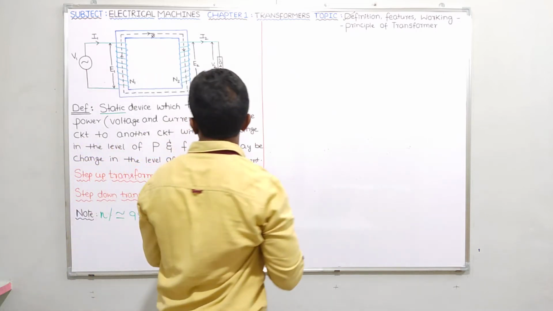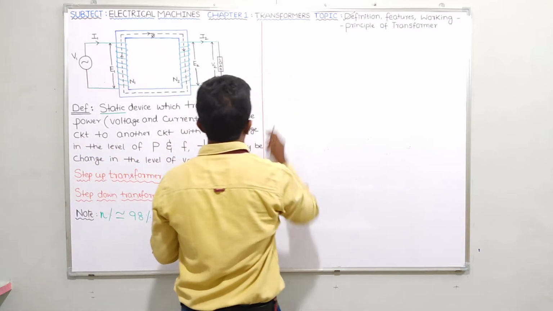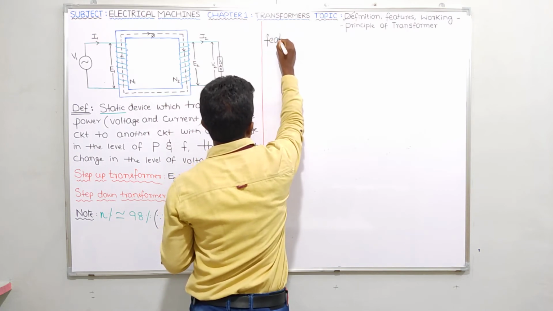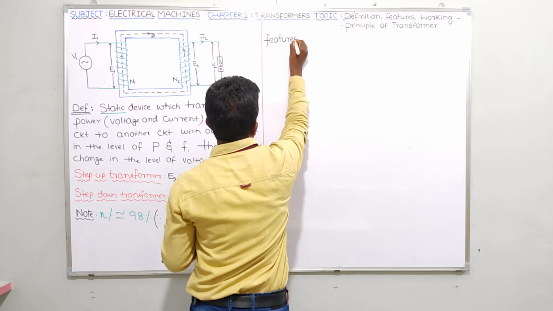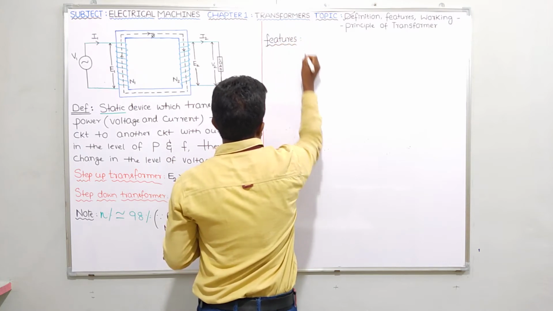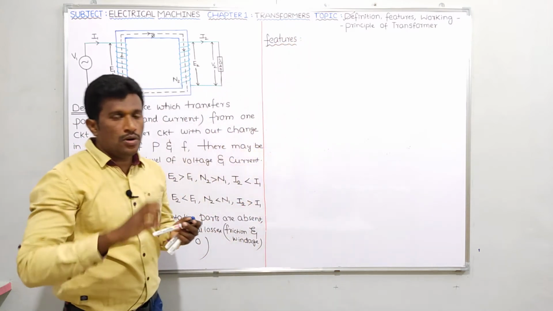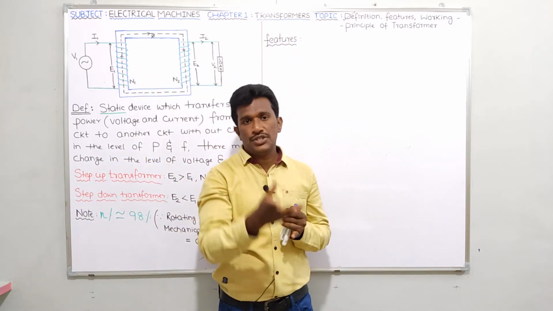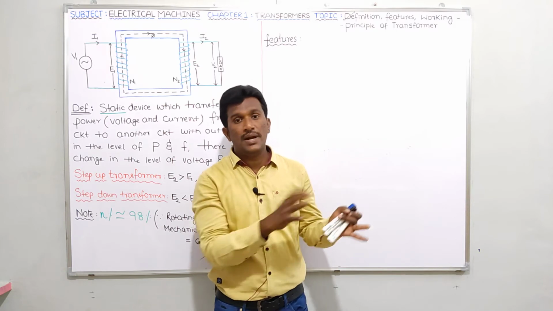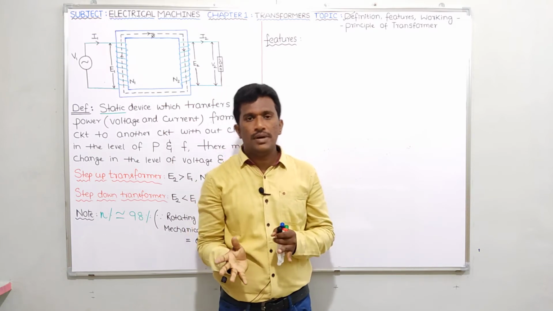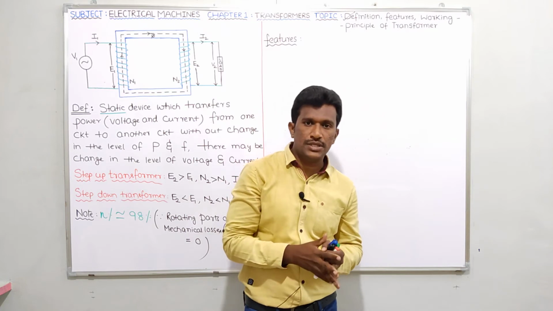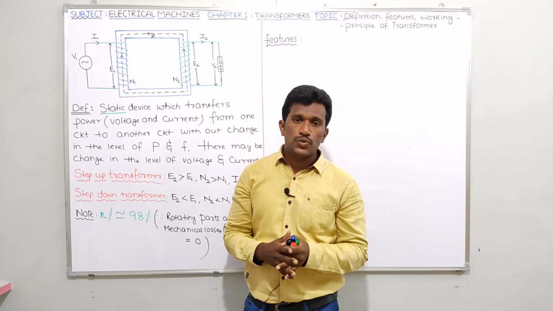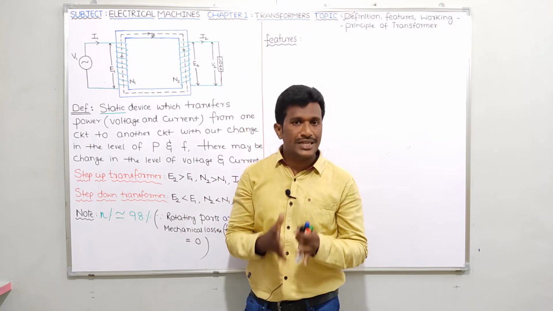Is it clear? Features of transformer. Let me see the features of transformer. I think in a basics video I explained, in one video, that synchronous machine and DC machine can be called double excited machines, whereas transformer and induction machine can be called single excited machines. So can you please tell me what are the features of transformer? First point, can I call transformer a single excited device?